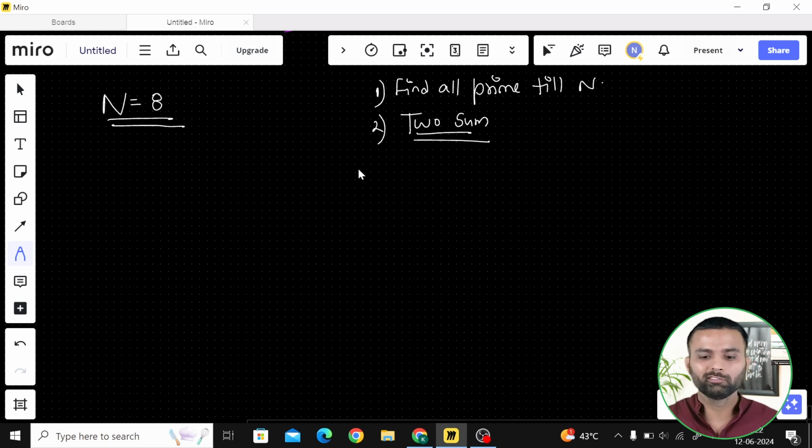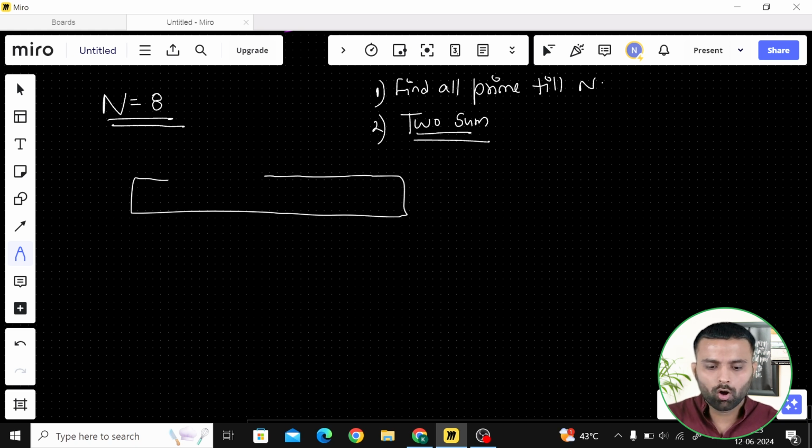Now let's understand how we can solve this. The first step is very simple. We just have to calculate all the prime numbers. There are multiple methods to check whether a number is prime or not. In this case, we are using the sieve algorithm, where we store a boolean vector, in which I just return true or false. If it's true, it means it's a prime number. If it's false, it means a non-prime number, right?